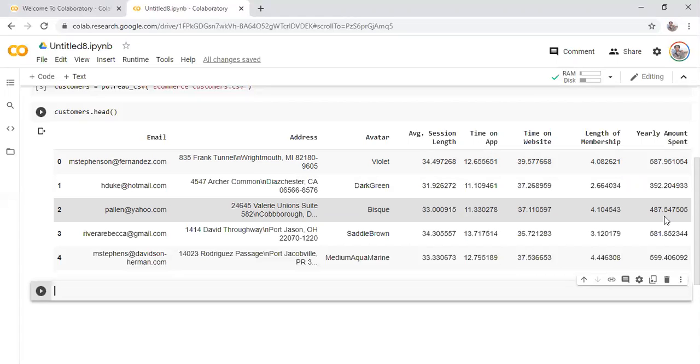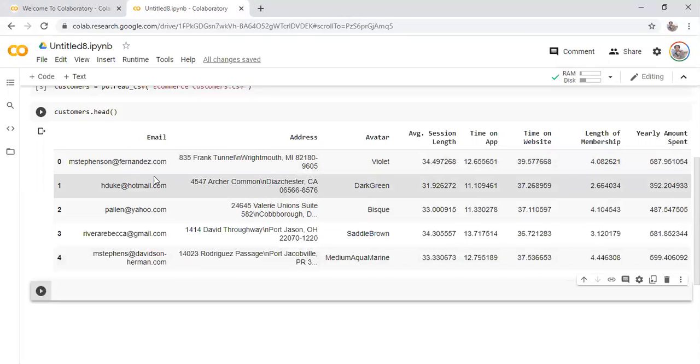Okay, so to do that, first we have to create a linear model, and from that linear model we will reuse it to do some predictions. Okay, so let's go ahead. Now before we even start jumping to the model, we will do some basic data analysis. Before we even do data analysis, we will do some basic data manipulation.